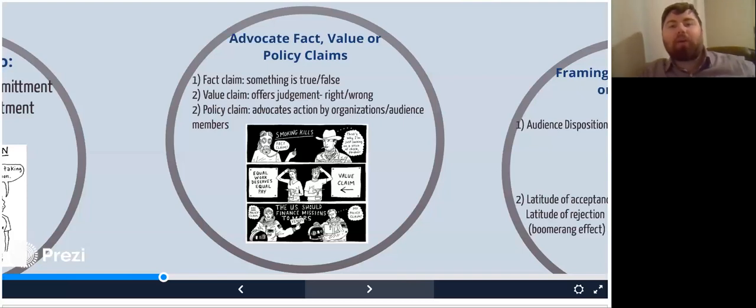So when it comes down to voting, and when it comes down to the electorate public, which is us, and the electoral college too. But when it comes down to it, we decide based on what we see. So policy claims are all about getting people to act, getting people to vote, and lots and lots of money goes into this.